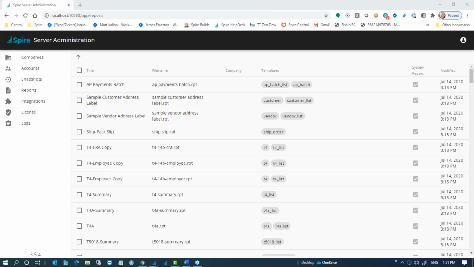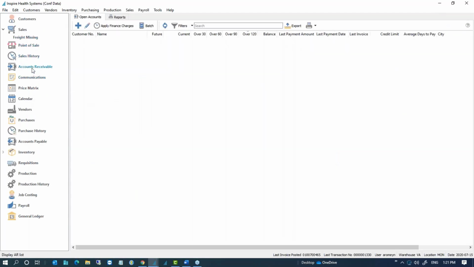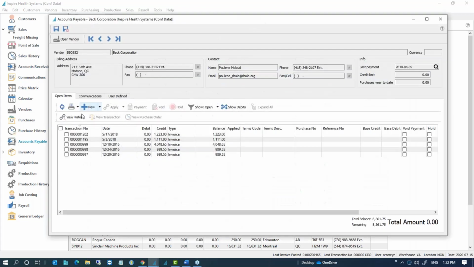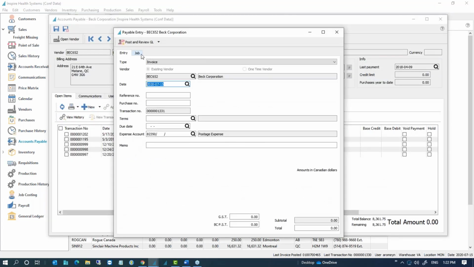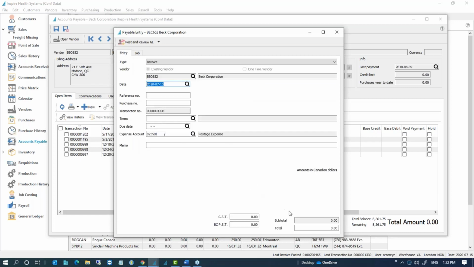Maybe I'm misunderstanding the question, but AR and AP transactions do allow you to enter job costing as just a separate tab on the entry screen. That's a good point. I probably glossed over that question too quickly, but under accounts payable, if I make an entry here, then I do have the job tab here. So once I put the amounts in,